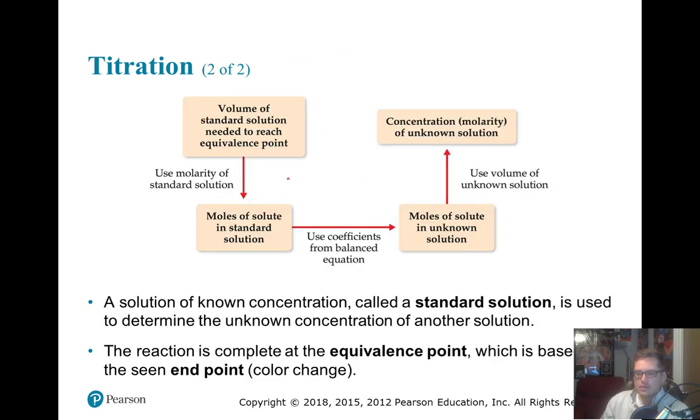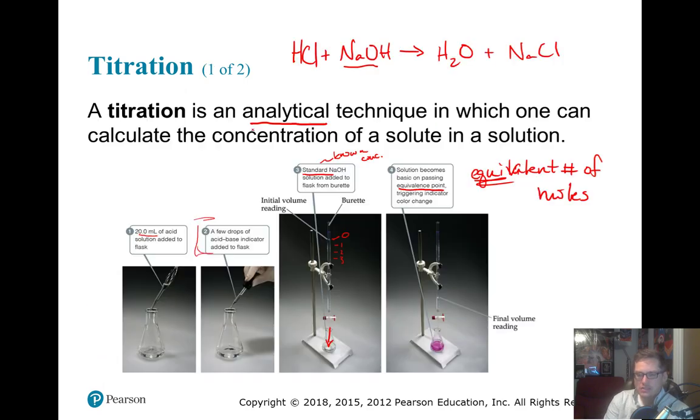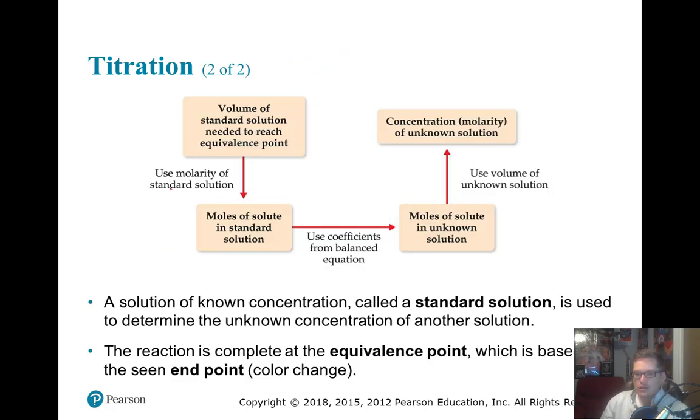All right? So here are the steps of what you're doing. You're starting with a volume of a standard solution needed to reach the equivalence point. So that's this volume here, from here to whatever this ending thing is here. You're going to use the molarity of the standard solution, the NaOH in this case, to find the moles of the standard solution. So you can figure out how many moles of the standard solution you added. Then from your balanced chemical equation, you can figure out how many moles of your unknown you had,